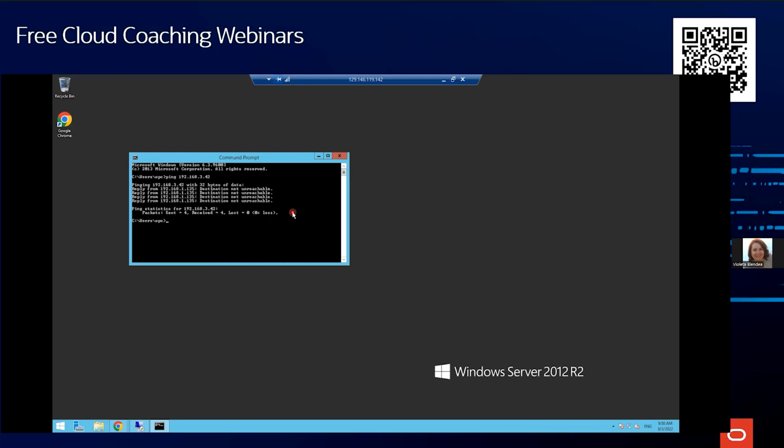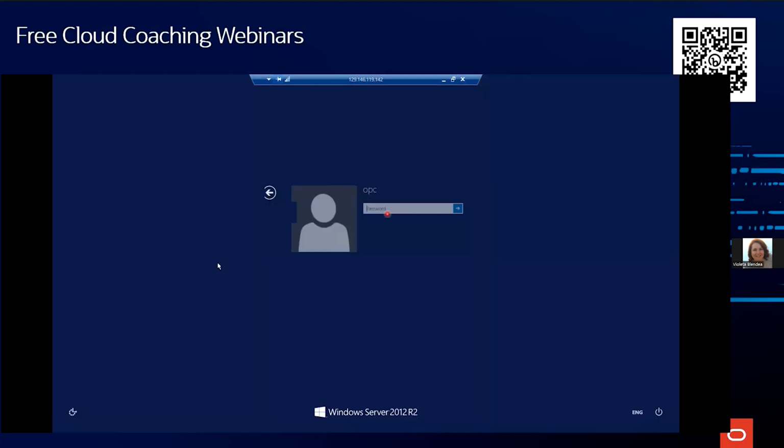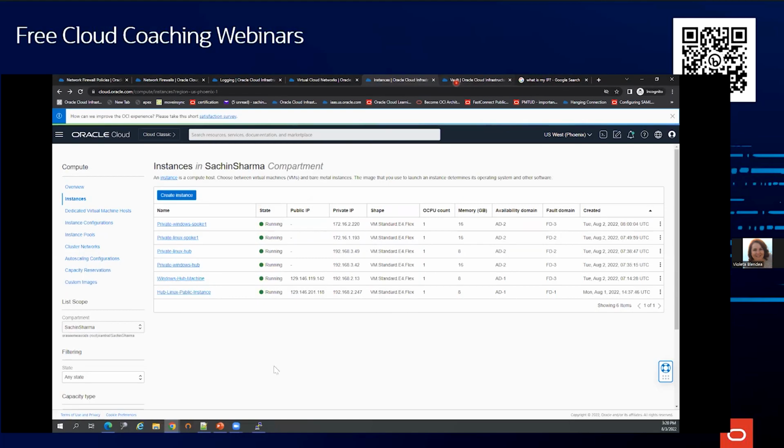That is, I am unable to reach this particular machine because I have not allowed ICMP for it in the rule, but I have allowed RDP. So let us see whether I can take an RDP connection. See, I can take that RDP connection. I've just cancelled it.